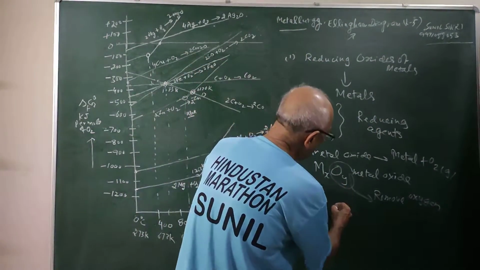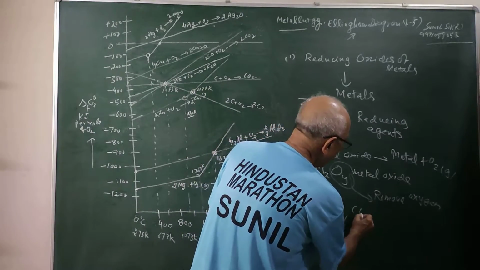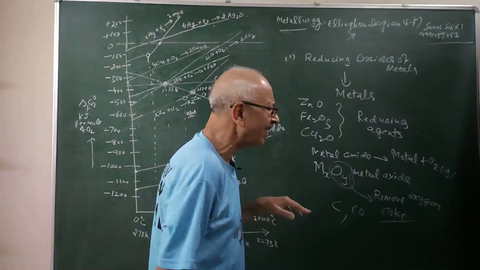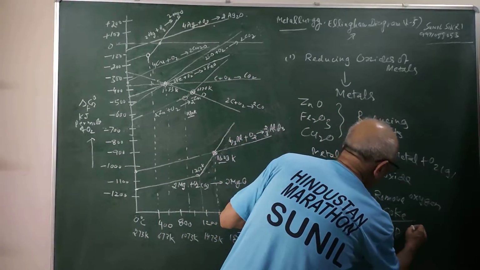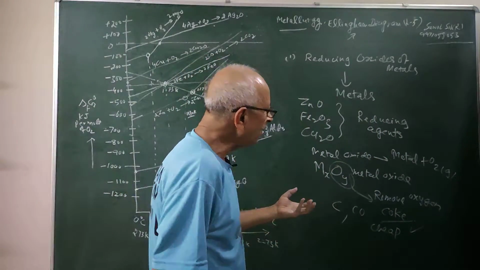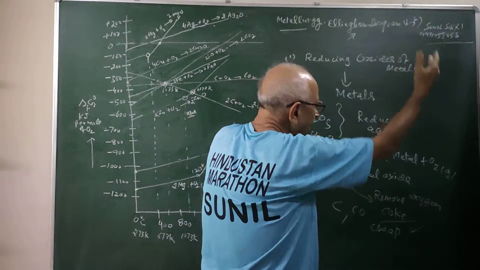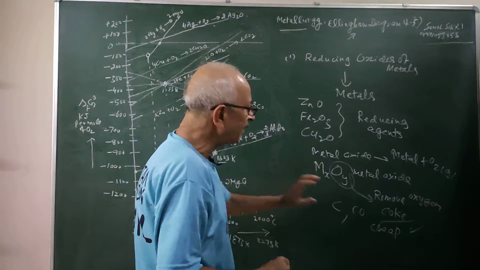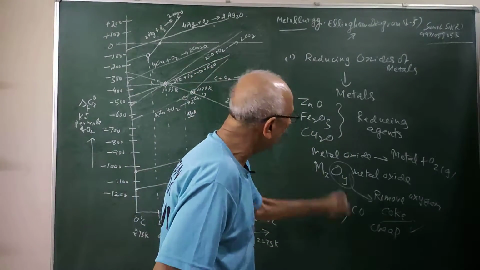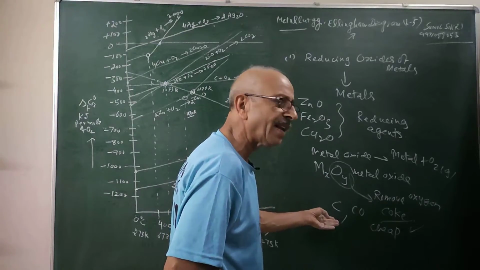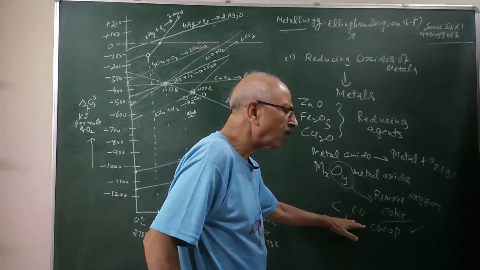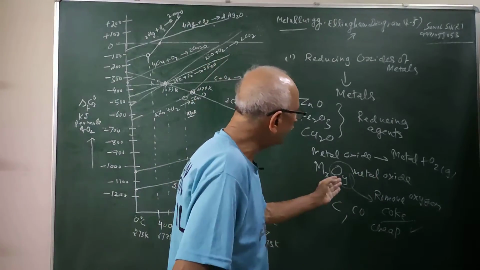So we need some reducing agent, like carbon monoxide. Coke is a very good reducing agent. Carbon is a very good reducing agent and is also very cheap and easily available. So economically, it is the best option if possible. If we need very high temperature, we will add a reducing agent. These reducing agents like carbon have a strong affinity for oxygen. So it will snatch oxygen from the metal oxide, and the result is carbon can form carbon monoxide or carbon dioxide. Similarly, carbon monoxide can also act as a reducing agent. It can also snatch oxygen.